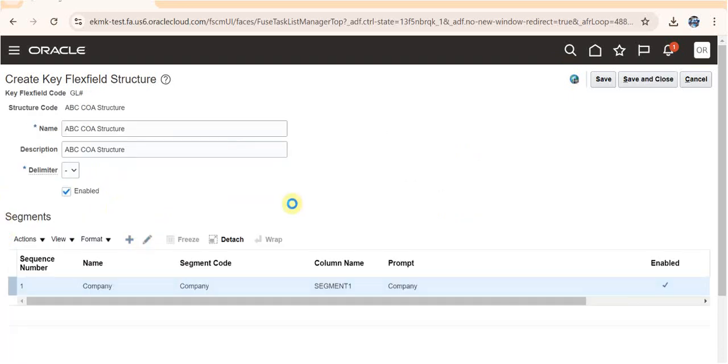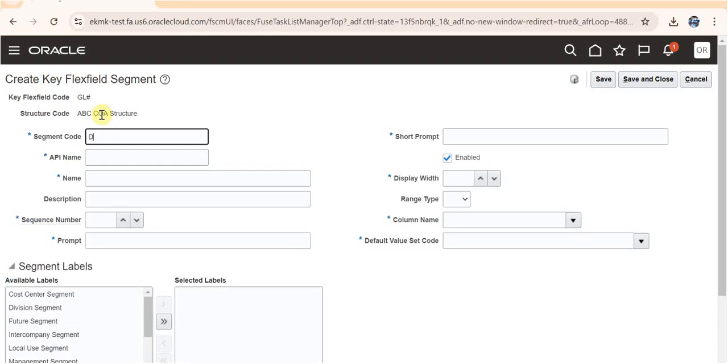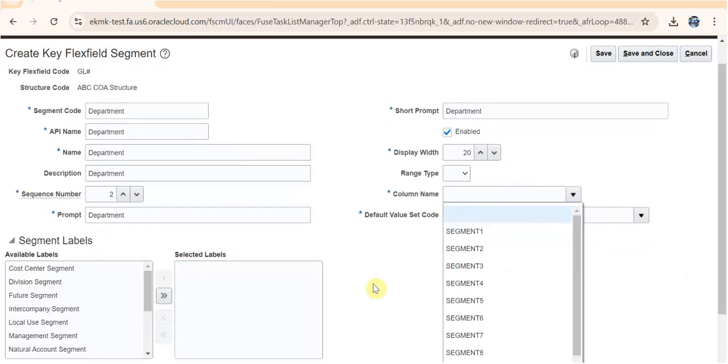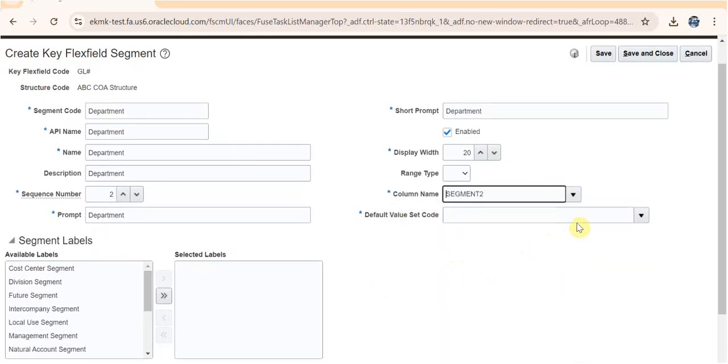Now we'll create the second segment, which is for the department. I will copy paste the same name in all the areas, and this is the sequence number 2. Prompt will be department, sort prompt will be department, enable display width. I want to keep like 20 for this because it may be a big length. And column name segment 2, and default value set